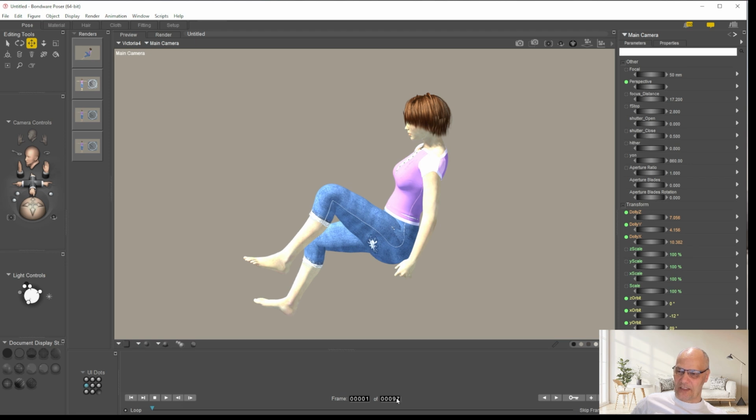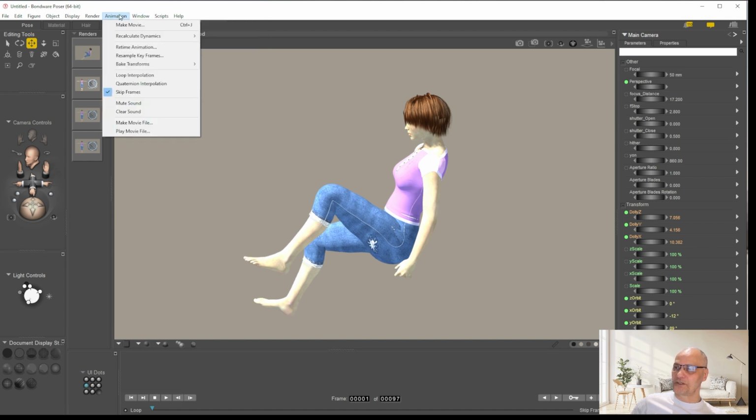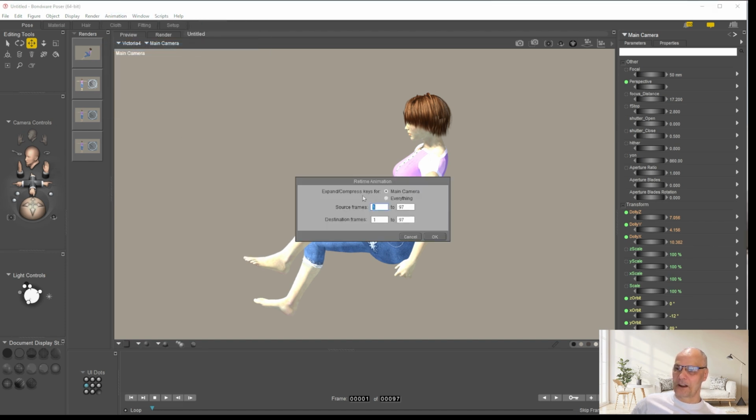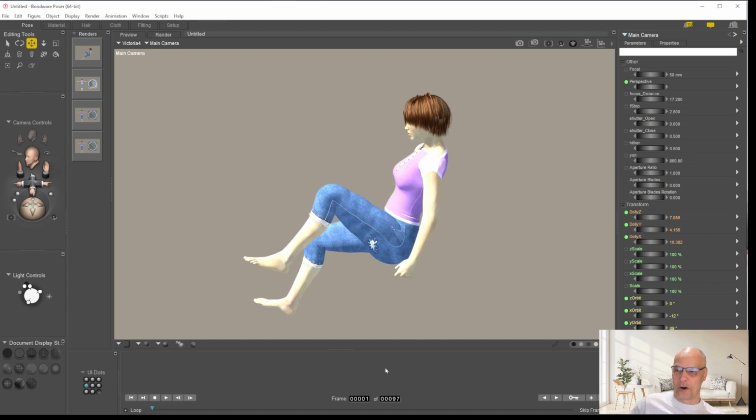So you'll see here that there are 97 frames. When I added that animation, it added another 67 frames or 37, depending on if it was 30 frames here. And what I'm going to do is go up to animation and do retime animation. This enables me to compress the animation down into a small amount of time. So I'm going to take all frames from 1 to 97 and compress them down to 20 frames. That may be enough, it may not. But now what you'll find is that that entire animation occurs